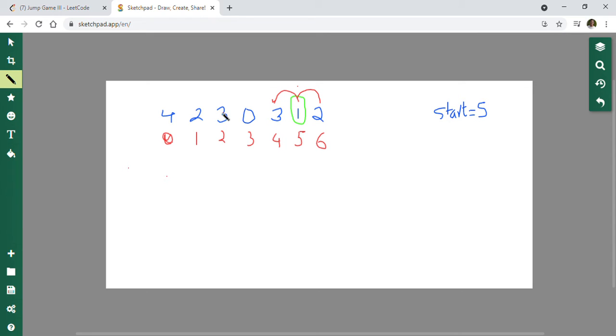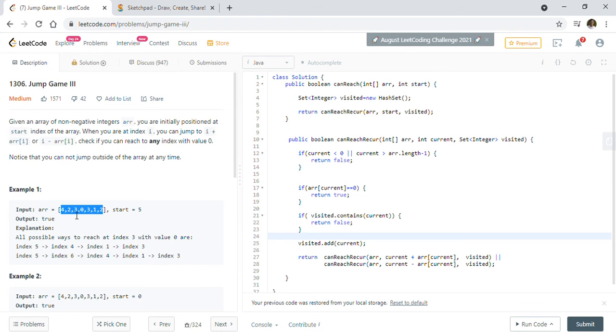So we reach 2 if we take the jump of 3 backwards, and from this 2 we can go 2 distance forward, which takes us to 0, which is our destination. If we count the jumps, this is the first jump, this is the second jump, and this is the third jump. In the third jump we can reach the destination element 0. So that's why we are returning true here.